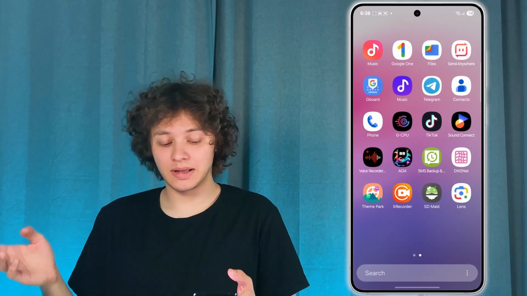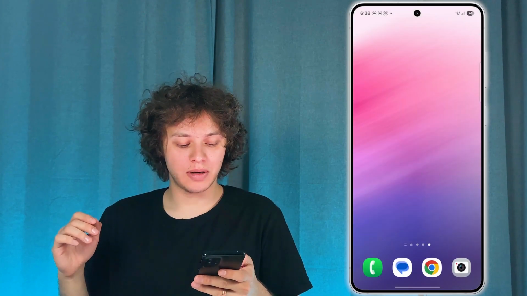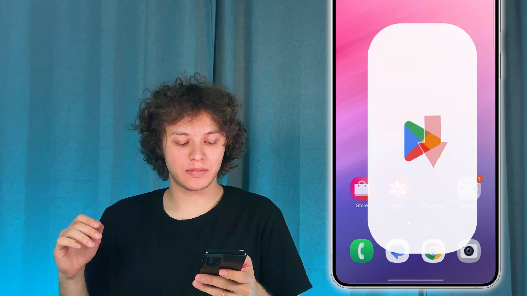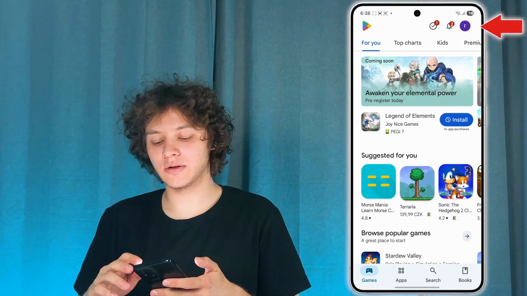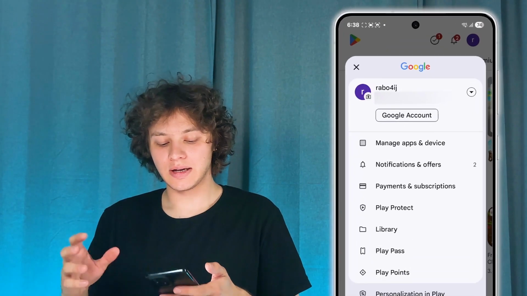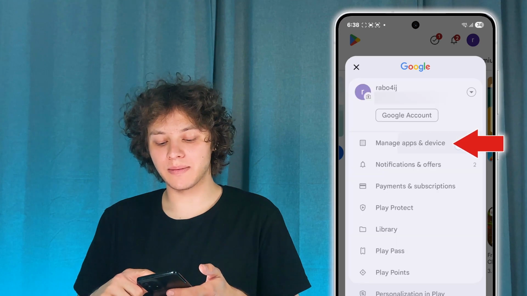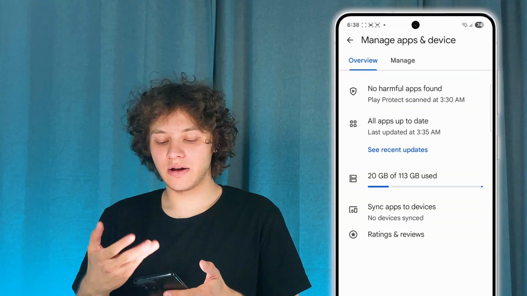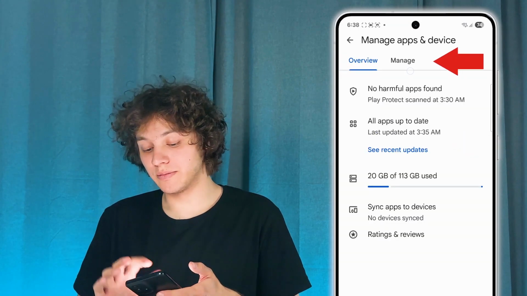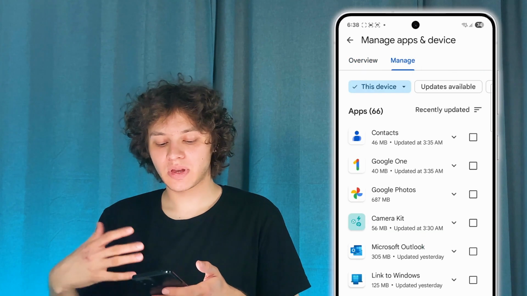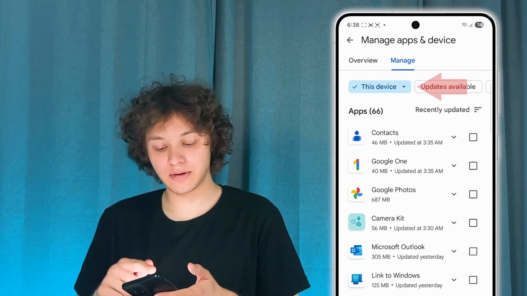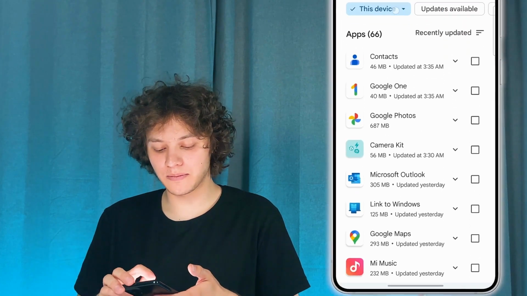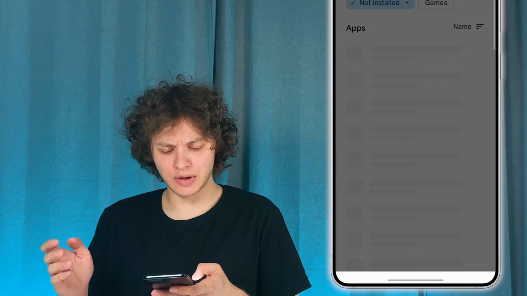So let's revive it. First of all, open up your Play Store. After that, you have to tap on your account icon in the top right corner. Now let's press Manage apps and device. Here at the top, you've got to choose Manage. After that, tap on this device button, which is highlighted with the blue color, and we are to choose Not